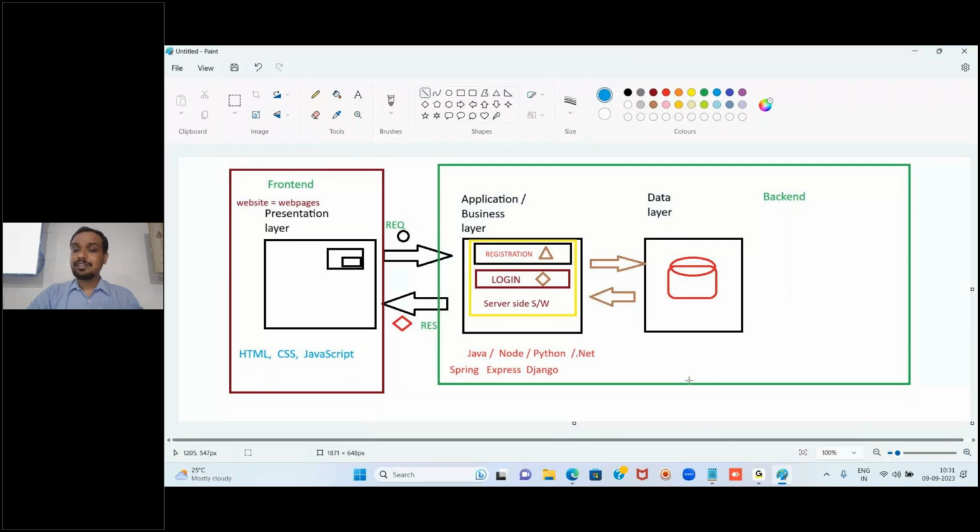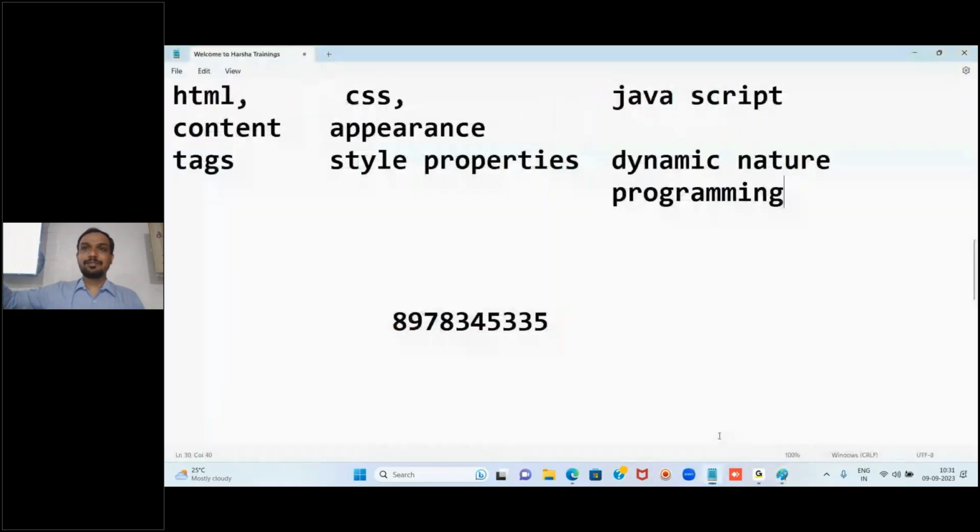But on the right side, you have so many options like server side programming languages, but on the left side you have only one language called JavaScript. That is how powerful a language it is. That is the reason, instead of one framework, we have several frameworks available in the market. Understood? For JavaScript, the framework names are Angular, React, Vue.